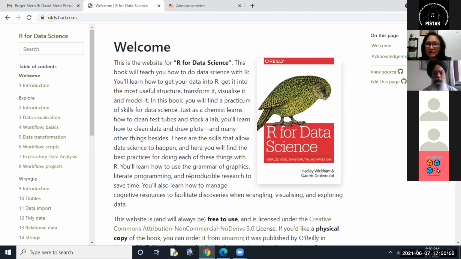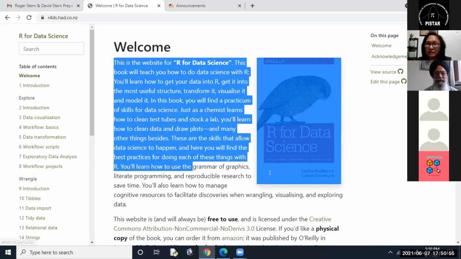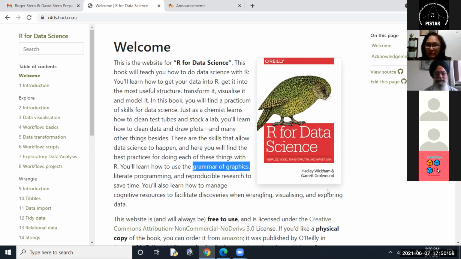You learn how to use the grammar of graphics. This is a very important term that they are using, the grammar of graphics. And in fact, Hadley Wickham, I think David Stern and Roger hold him in really high regard, because Hadley Wickham, I think, is the person who has introduced this concept, and also all of Tidyverse, this set of computer packages.